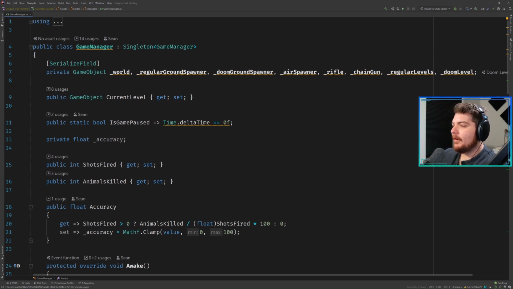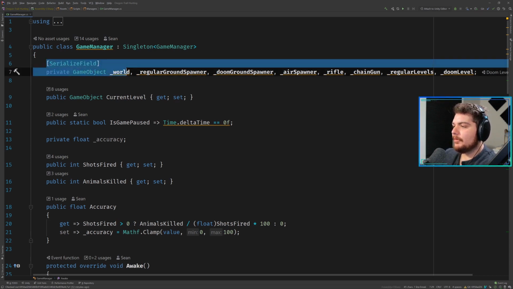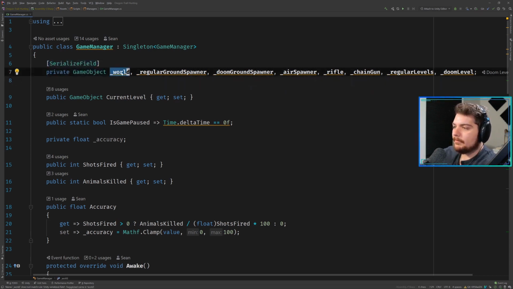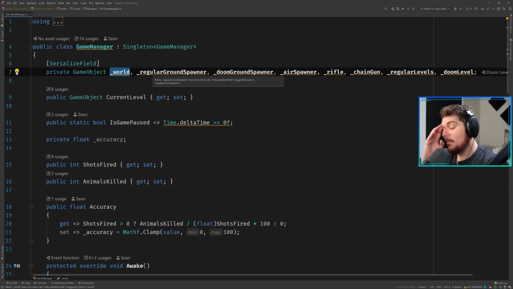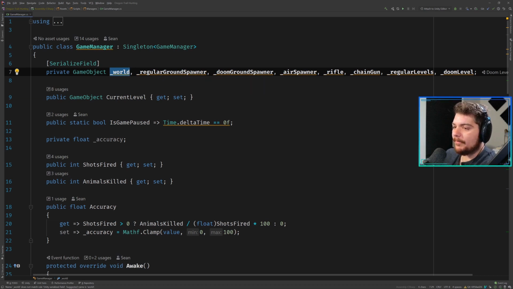This object right here, you see, it's a serialized field, and let's call it world. Okay, this is a dependency. This isn't the best example because, well, I don't know, maybe it is. Basically, a dependency is anything that a class has to work with. So this game manager depends on this game object world in order to function. The reason I said this might not be the best example is that what you're looking at is pretty cluttered. There's a lot going on right here. But basically,